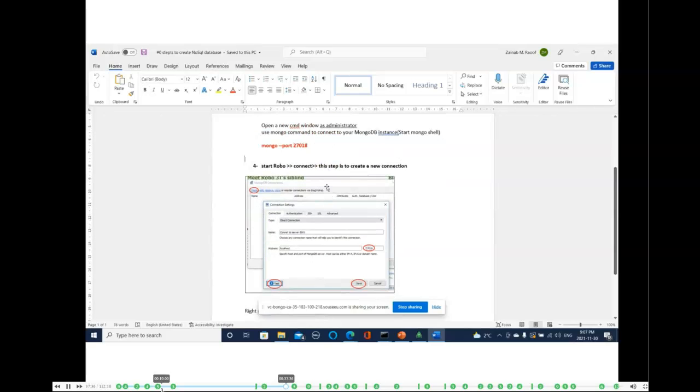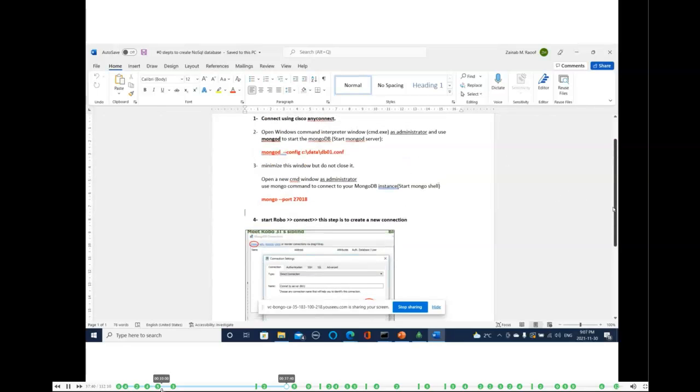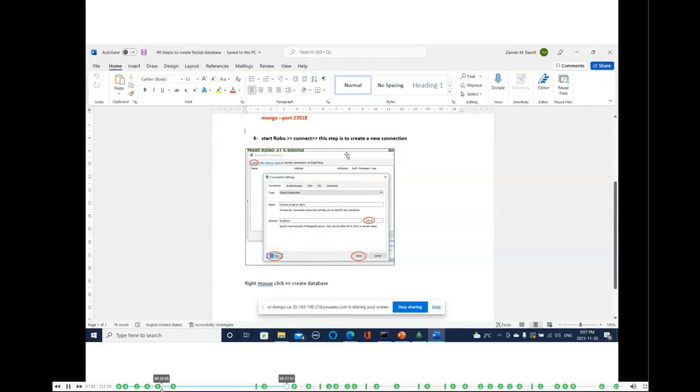Now, if you don't want to use the robot, you just want to write the command directly on the Mongo shell, you can. But I feel that this is easier with this tool that allows you to write the code directly,